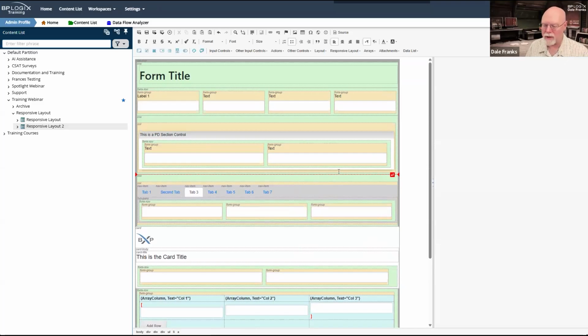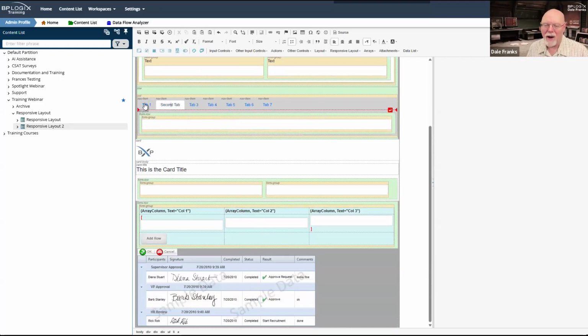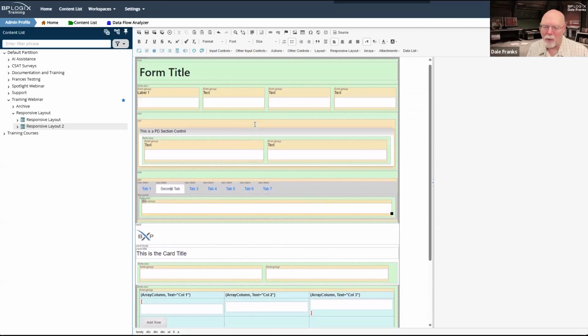The reason that I don't want it to scare you is because for the most part, the only thing you really have to know how to do is throw in the form rows and the form groups. And you can have a different number of form groups on different rows. Like here, I've got four form controls. And on this one, I have 2. And then down here, I have 3. And then I have 2. And then on this tab, I only have 1.